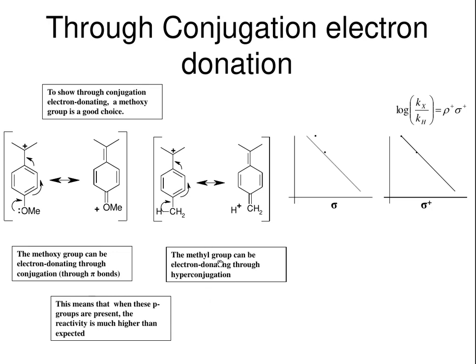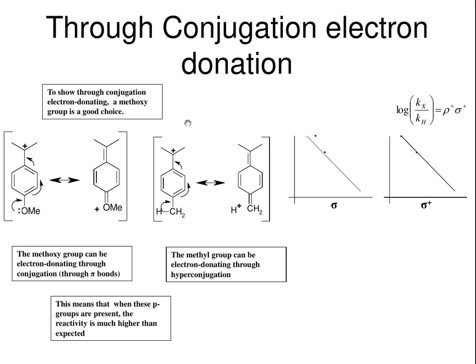So the methyl group is not only pushing inductively through sigma bonds, but it's also electron donating through the pi system, and so we have